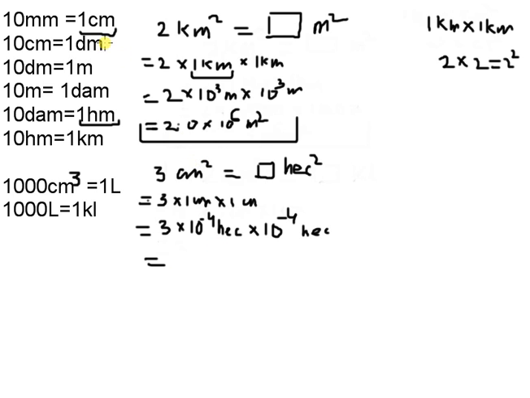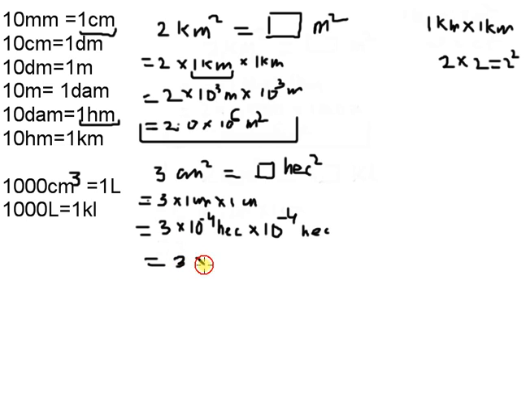and let me tell you that whenever we are taking a smaller unit and we want to know that in terms of bigger units, you'll always get a minus sign in the powers. Whenever we have a bigger unit and want to convert that into smaller units, we'll always get a positive power. Since we have centimeter over here and want to convert that into hectometer, we are converting a smaller unit into a bigger unit. This means that we will have a negative power, that is 10 to the minus 4 hectometer, and